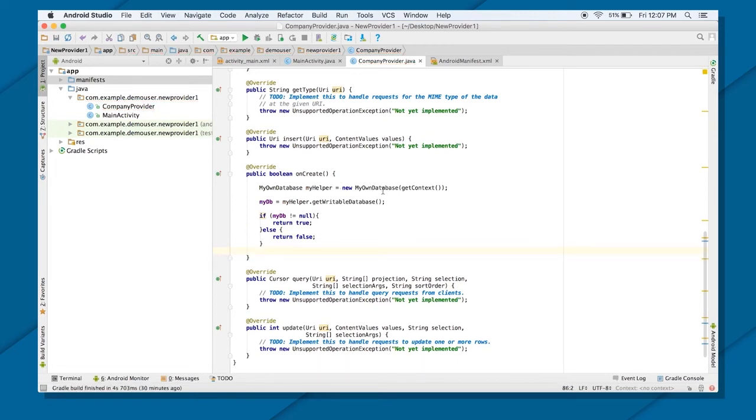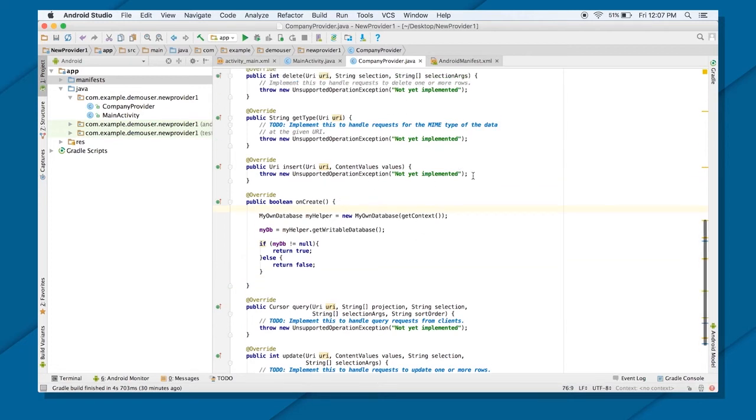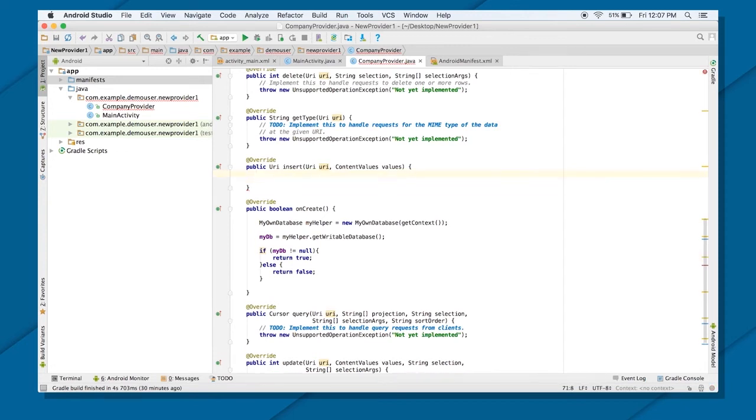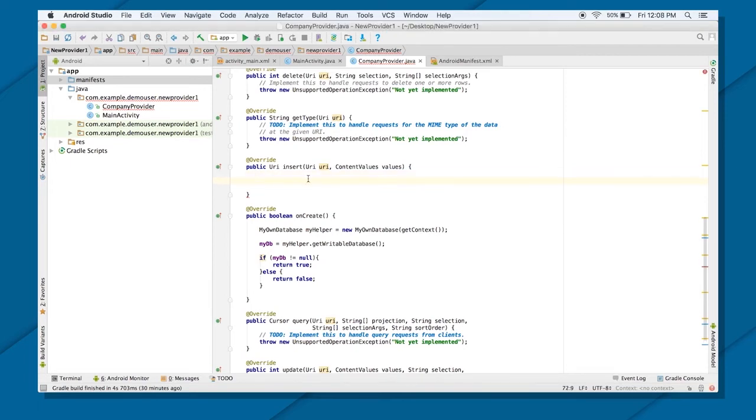Next, you need to go back to your insert method. Now you want to add the data, right? Once you have created your database, when you want to add the data, here you will put the code to add the data into your SQLite database. So now I need to add the data to my database. To do that, what will I do?